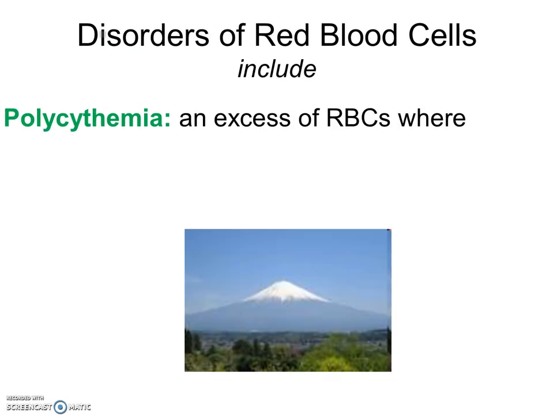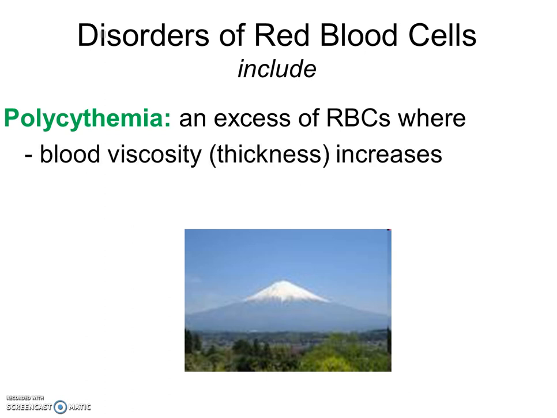Now let me talk about an opposite type of disorder called polycythemia. Poly means multiple. In this case, you have an excess of red blood cells. You might be thinking at first, well, hey, that's not a bad issue, right? More red blood cells, more oxygen, more energy. Well, here's the problem. When you have too many red blood cells